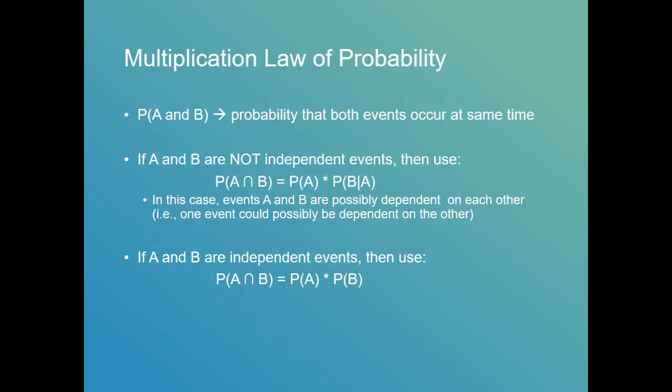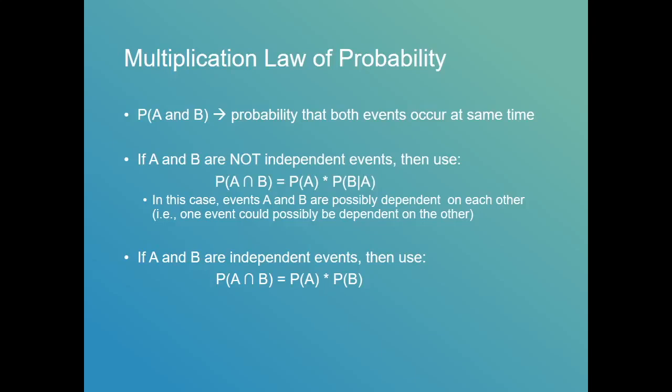Now let's talk about the multiplication law of probability. This is the probability that both events A and B can and do occur at the same time. If A and B are not independent events, then we would want to use this first formula with the A, the upside down U, B, and this would be equal to the probability of A happening times the probability of B happening